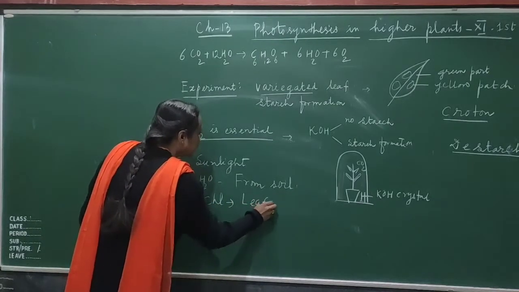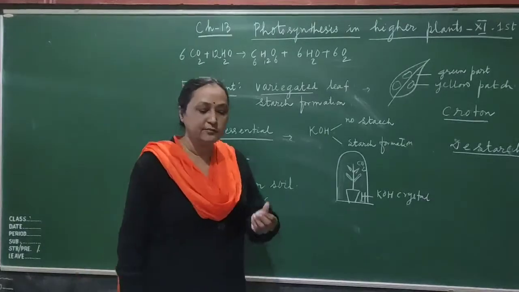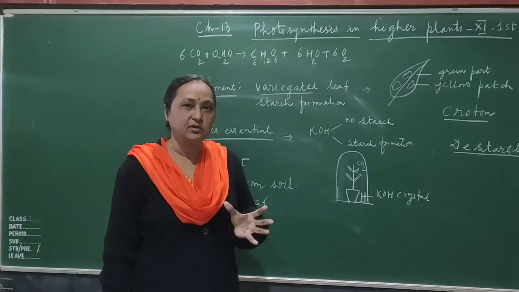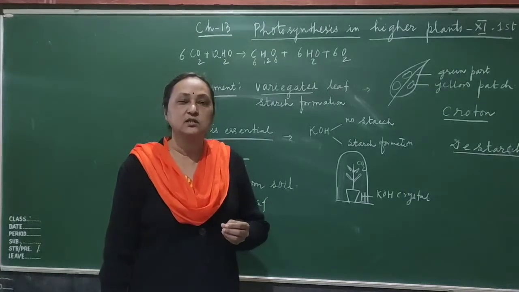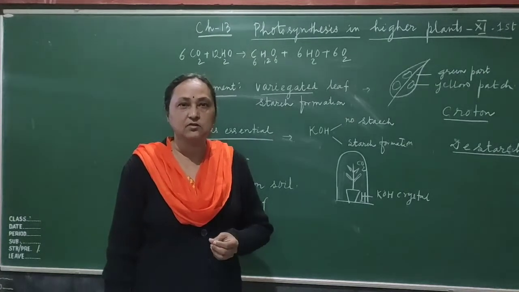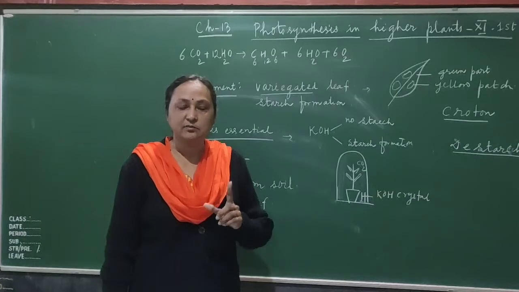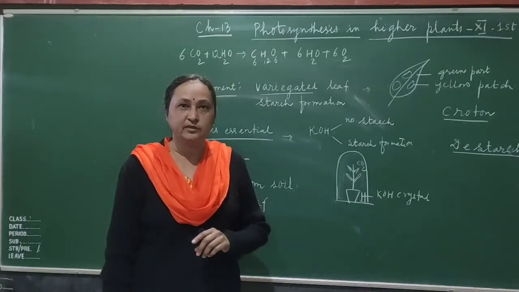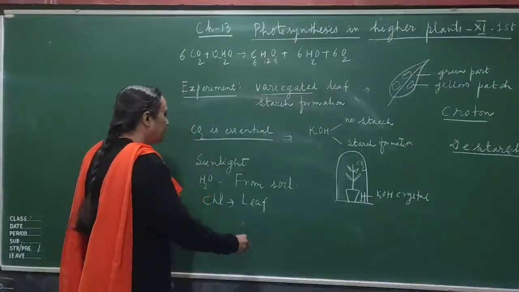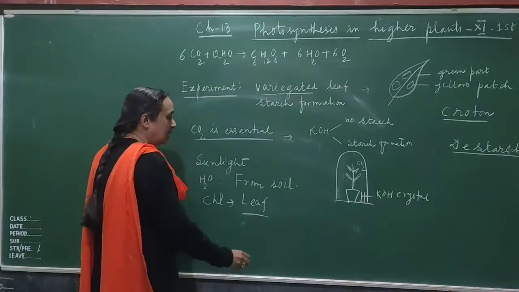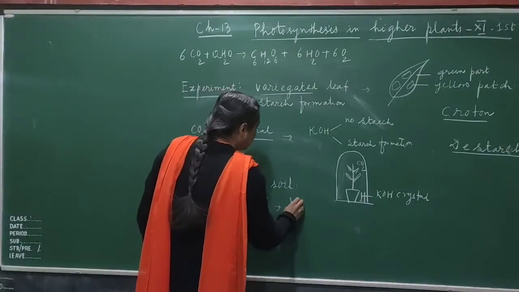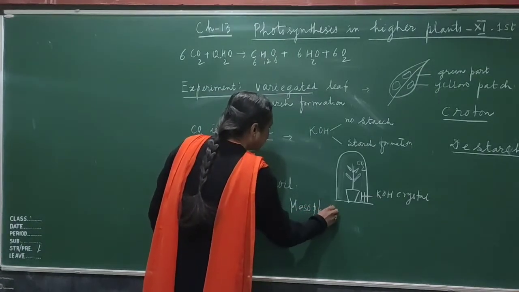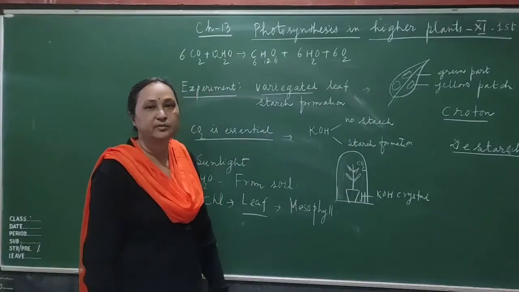Mainly the chlorophyll pigments are found in the leaf. The leaf is very thin and it is the green part, because in the old stem you can see the stem is brown in color, so that does not have chlorophyll pigments. If the plant is small, then the stem is green and that also has chlorophyll pigment. But mainly the chlorophyll pigment is found in the leaf. And in the leaf, there is the mesophyll layer. The mesophyll layer has the maximum number of chlorophyll pigments.